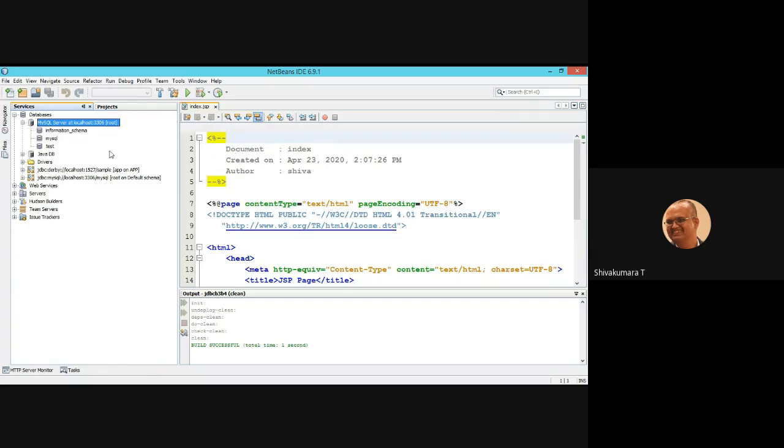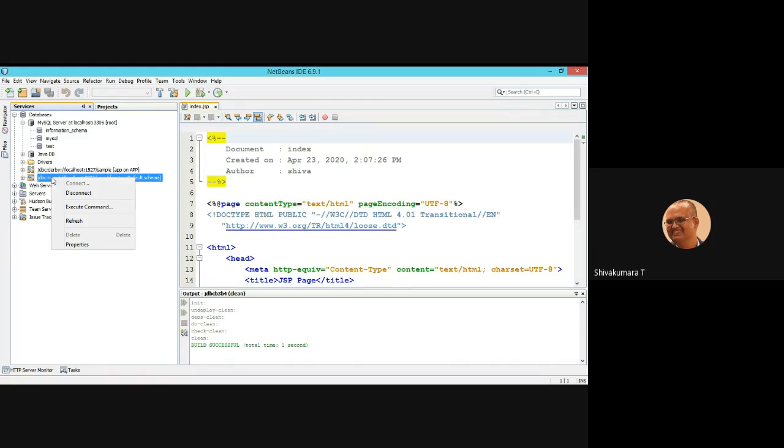These are the important steps to execute your Java JDBC application. There is an instance called the MySQL schema instance. Right click on that and connect it. When you connect this instance, JDBC MySQL localhost, port 3306, is used with the MySQL instance. So this instance is created and connected. Now right click on this to obtain the database URL and the database driver.